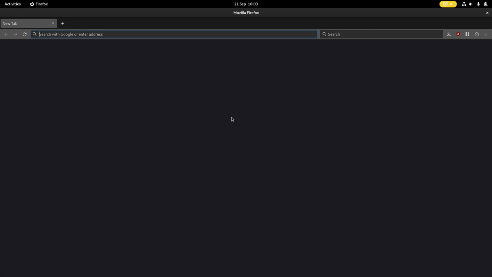So I can actually be running two browsers in two different network namespaces, and this might be useful, for example,